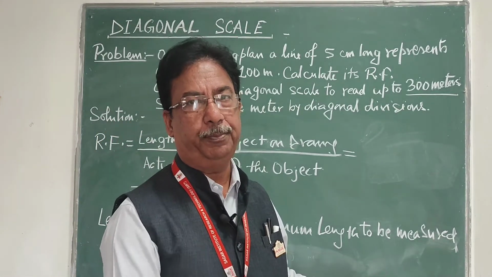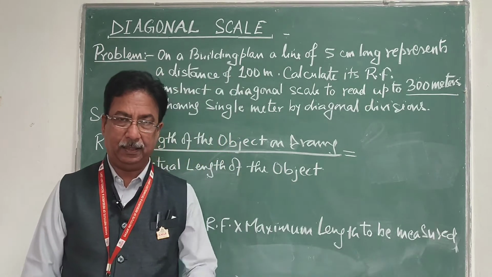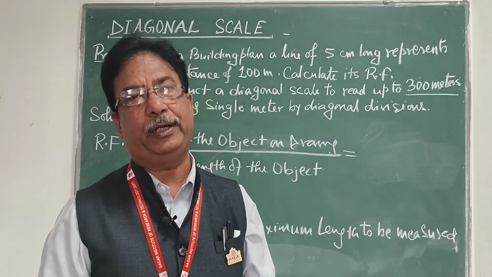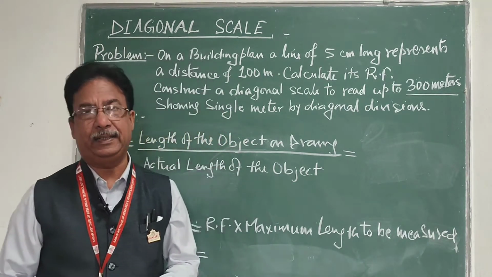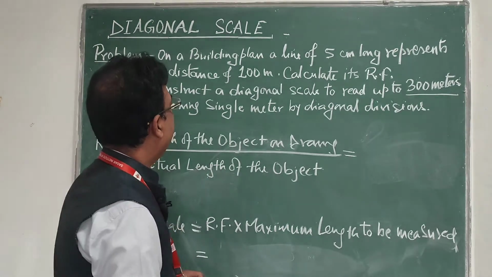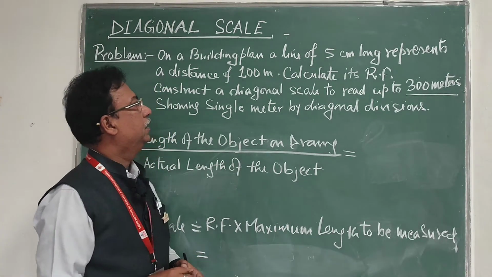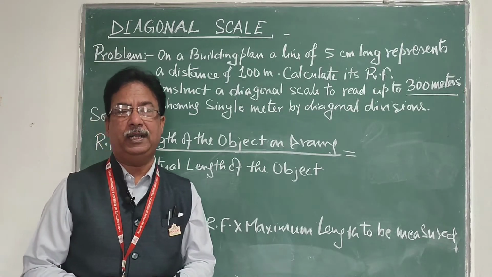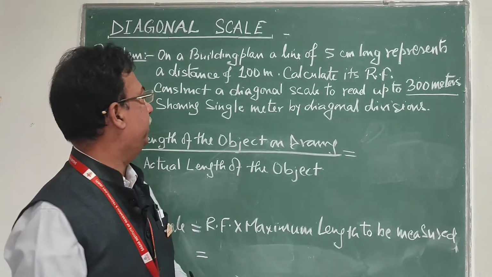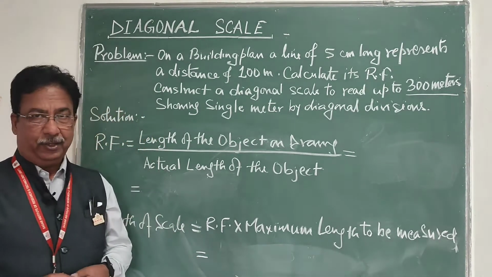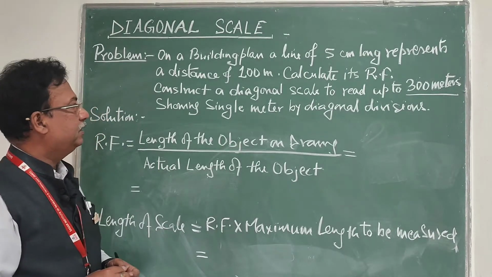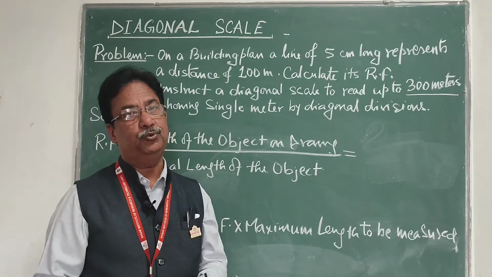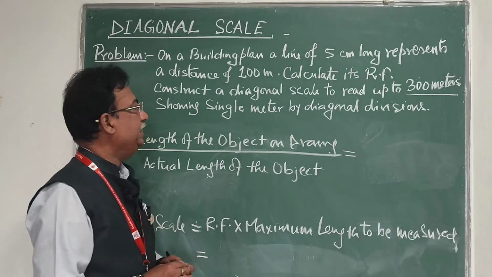This time again the topic will be diagonal scale, and I am going to solve a problem on diagonal scale. The problem will be like this: on a building plan, a line of 5 cm length represents a distance of 100 meter. Find out the RF, calculate the RF, construct a diagonal scale to read up to 300 meters showing single meter